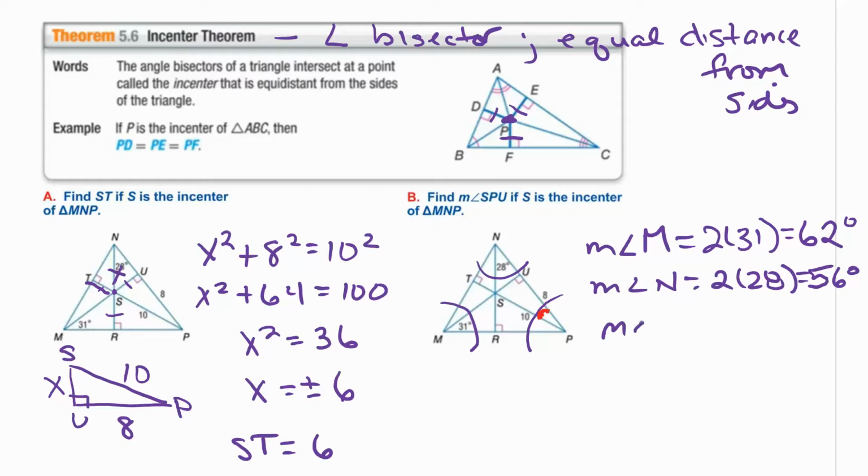To find the measure of angle P, since all the angles in a triangle have to add up to 180, I could add these two and then subtract it from 180. So it's 180 minus 118, which gives me 52. So the measure of angle SPU would be half of that because we're bisecting angle P, and that would give me 26. Excuse me, would give me